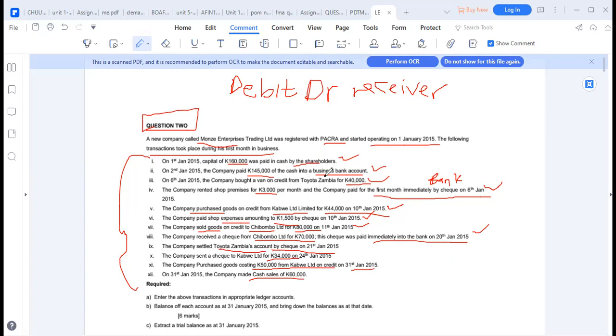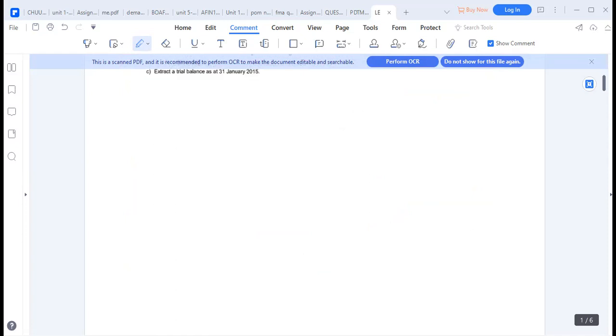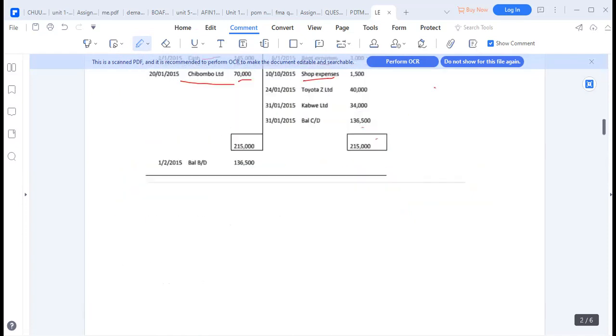Okay, so we have to go back. We bought on credit from them. We bought a van, but we didn't pay them cash. It was on credit, so we settled them. But what was the mode of payment? We used the bank. So this is the reason why the bank should be credited, because it's giving away